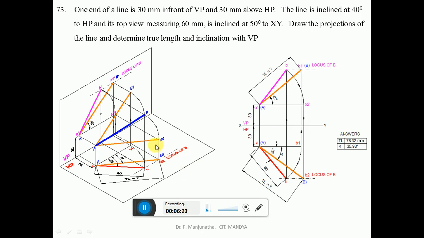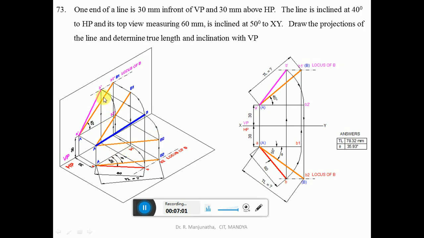But when you look from the front view, what happens? Both A and B2, when projected onto the vertical plane, give a dash and b2 dash, which is a line parallel to HP, 30 mm above HP. Only then it is parallel to HP, so you are getting the true length in HP. This is how you find the true length here. When you are doing the rotation here, what happens? This is the line a dash b dash. You draw this inclined line so that a dash b2 dash is parallel to HP. Then we are able to find the true length.